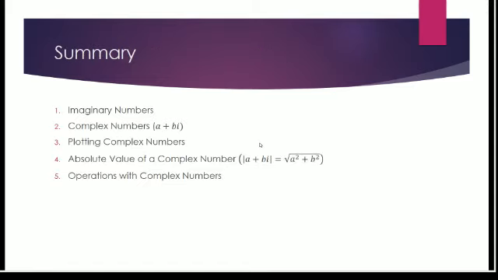Well, that brings us to the end. So we talked about imaginary numbers. We talked about how to write complex numbers. It's always a plus bi. We plotted them on the real and imaginary axes on the complex plane so that we could find the absolute value. Remember, the formula is the absolute value is the square root of a squared plus b squared. And then we talked about adding, subtracting,